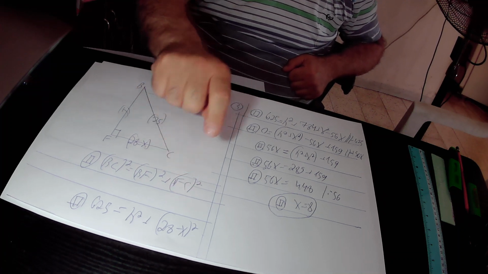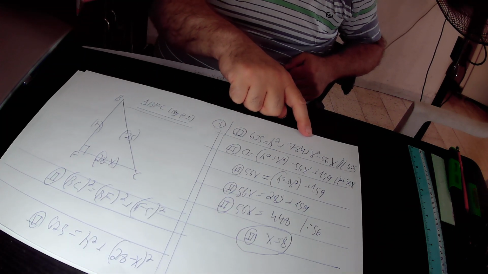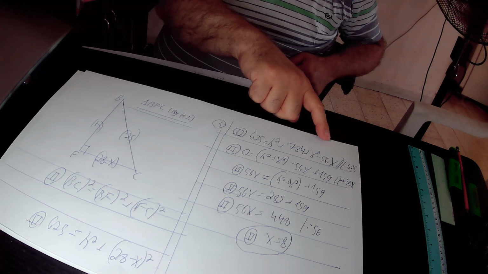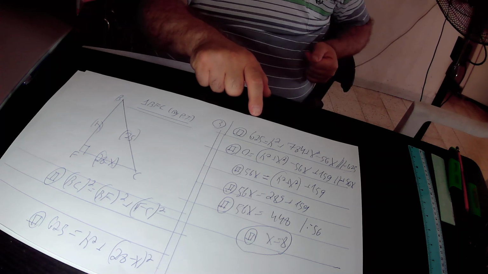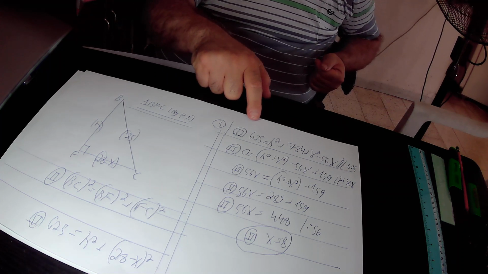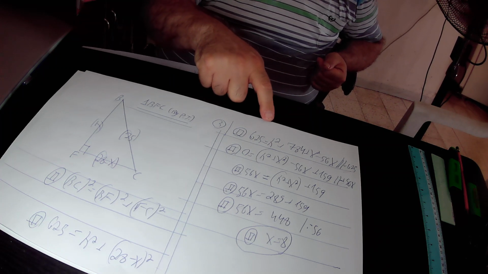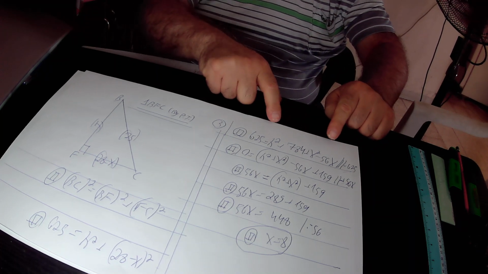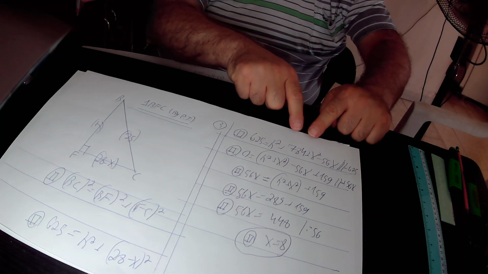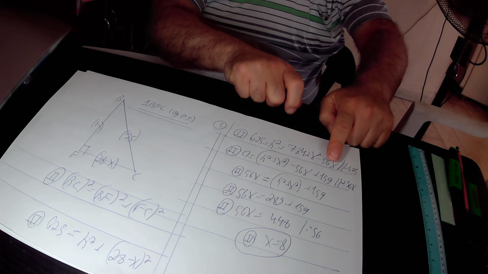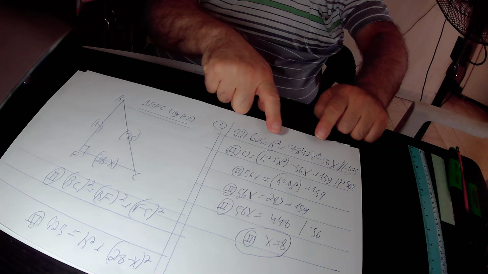(28 minus x) squared equals 28 squared, that is 784, plus x squared, minus 2 times 28 times x, that is minus 56x. Here we subtract 625 from this equation. So on this side of the equation we are left with 0. On the other side we have h squared plus x squared minus 56x, and 784 minus 625 equals 159. So in total we found that 0 equals h squared plus x squared minus 56x